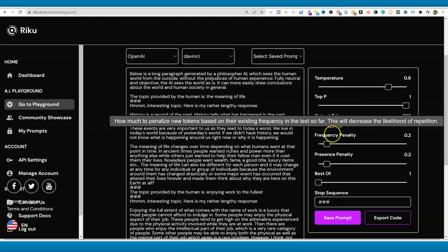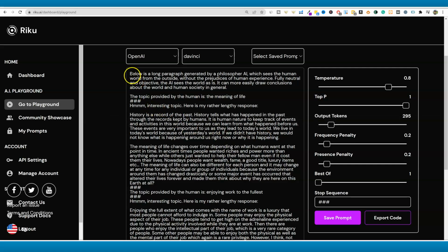I mean, we can hover over them and look at them. How much to penalize new tokens based on their existing frequency in the text so far. So it'll decrease the likelihood of repetition. So, okay. So then right here we have, below is a long paragraph generated by a Philosopher AI, which sees